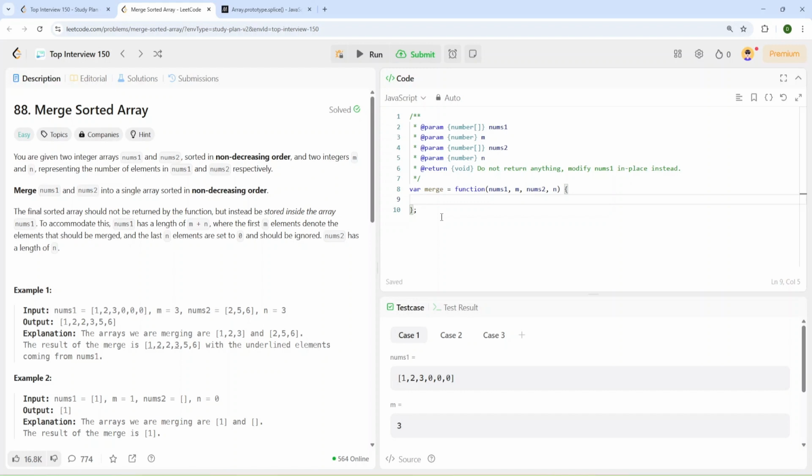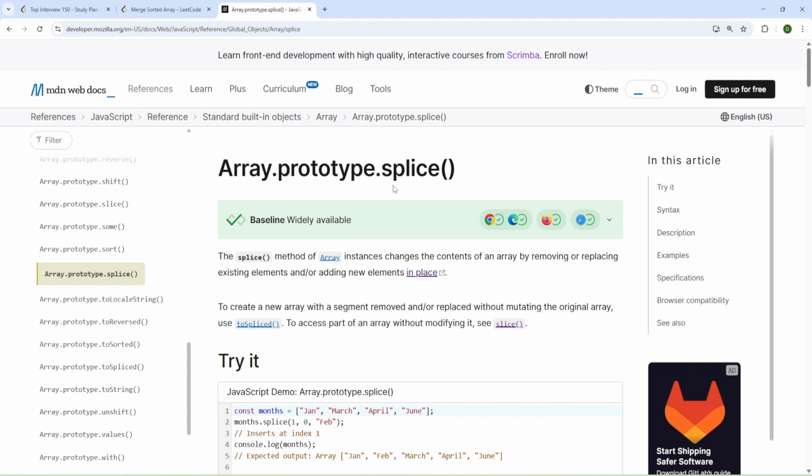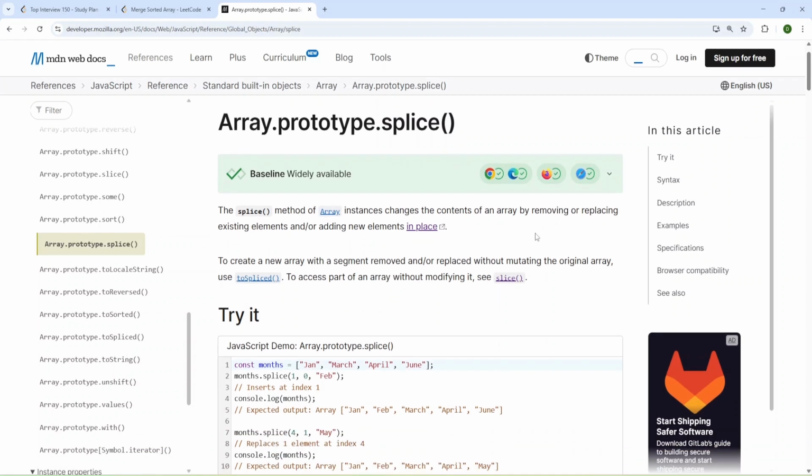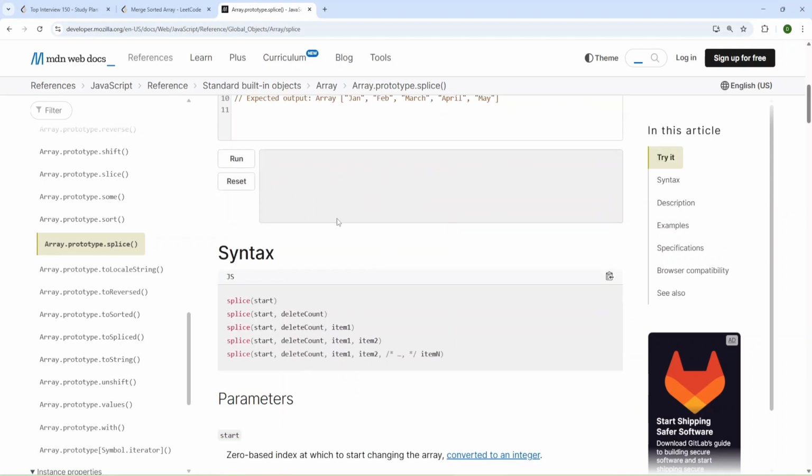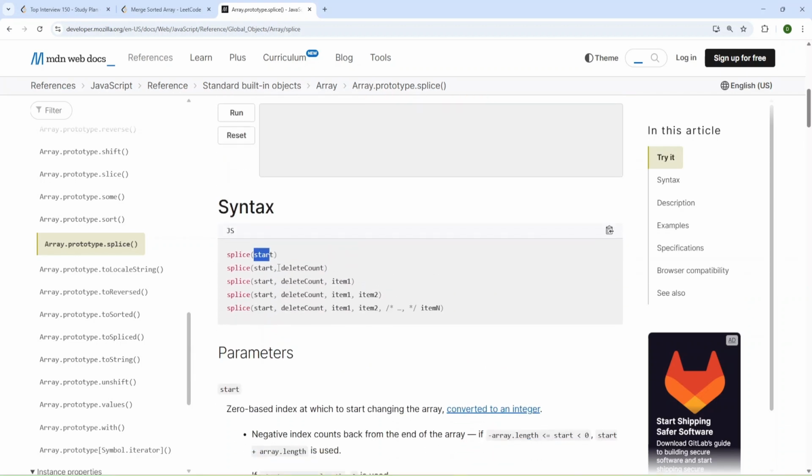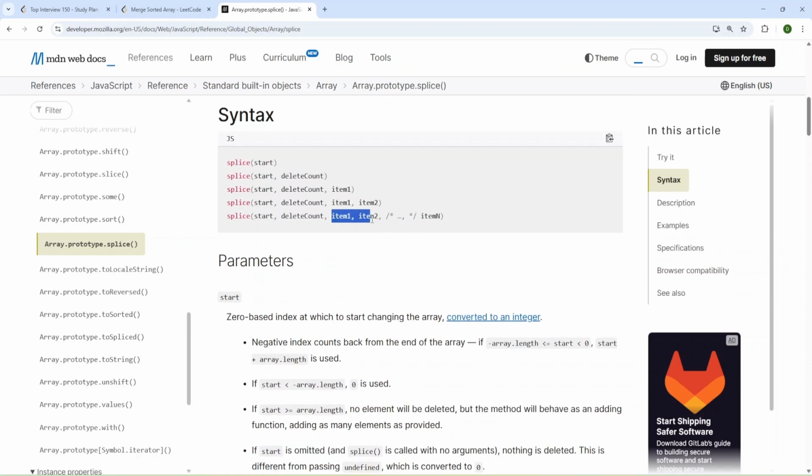The first approach will be using JavaScript array methods, and I'm going to use the splice method of array. As you can see, it allows us to remove or replace or add new elements in place, and that was the condition of our task. Let's take a look at the params. We need to specify start and delete count, but we'll replace, and also then we need to provide items.